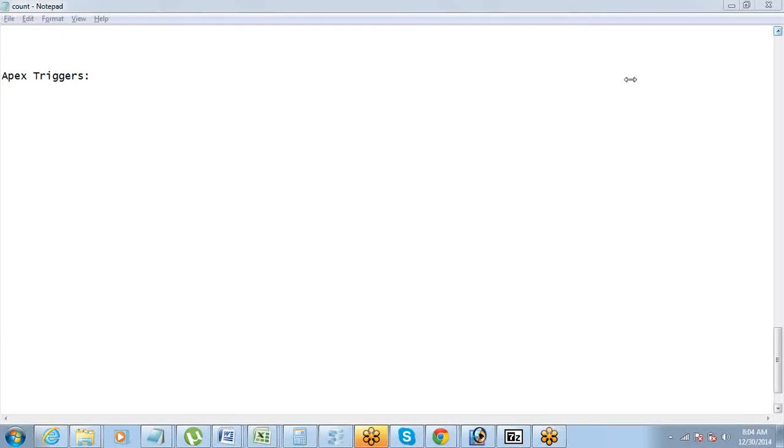In that case, as we discussed, we are going to talk about a few more ways of calling Apex. But before that, we will take one more example of a trigger. So the other day we were writing the code directly on the trigger itself, right? However, you have another option of writing a class and calling that on trigger.